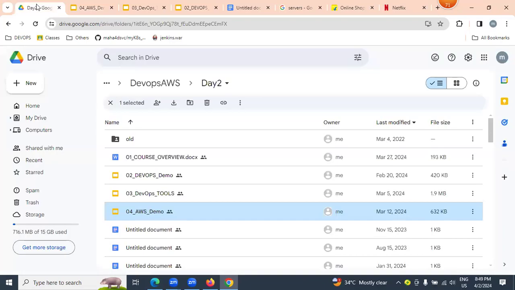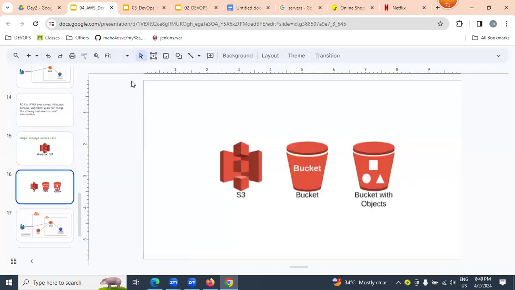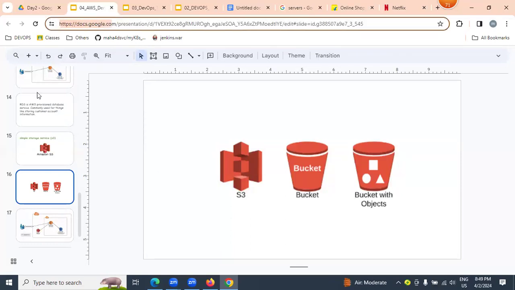Just as you upload and download files on Google Drive, you can do the same in an S3 bucket. The best example of an S3 bucket is this PPT presentation, because it is coming from Google, not from the laptop.